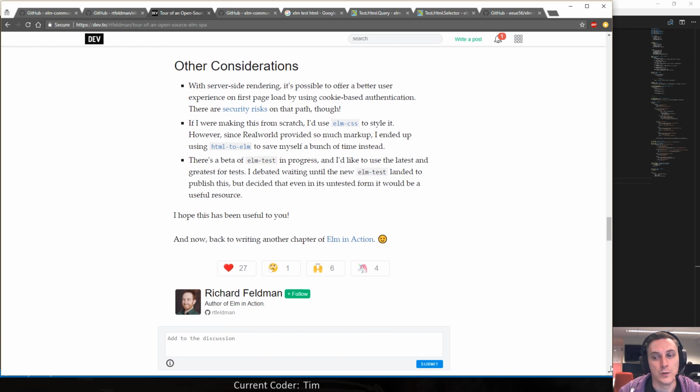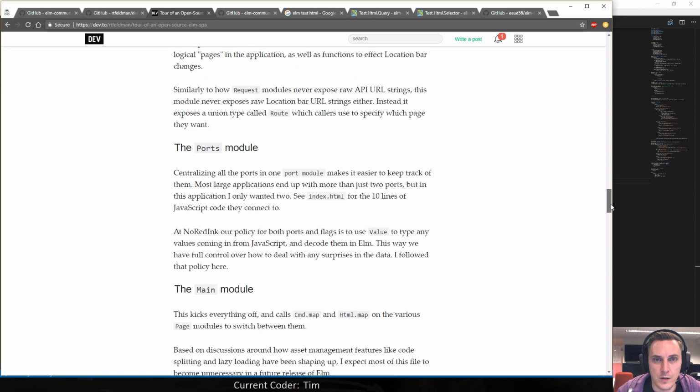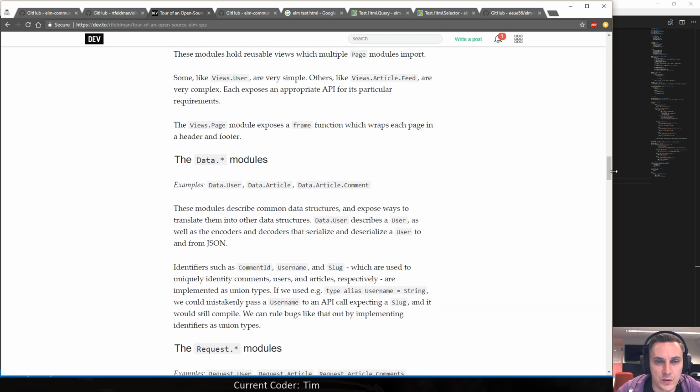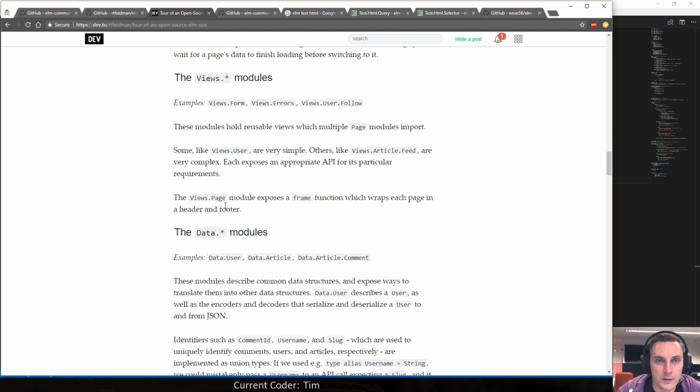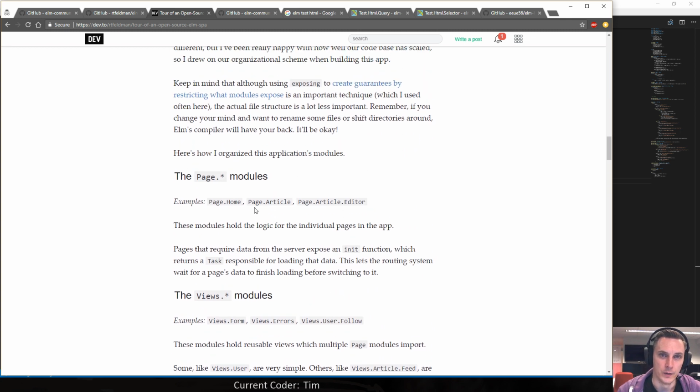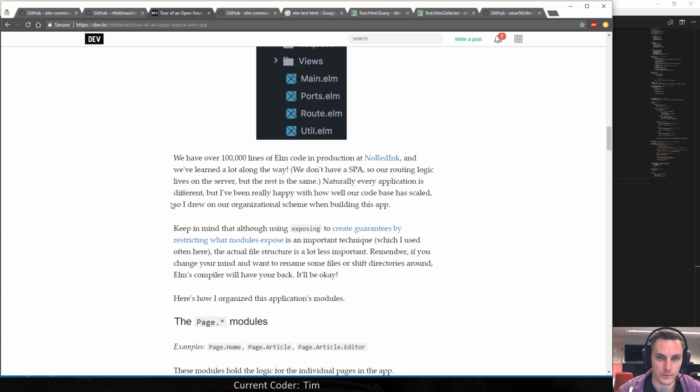So yeah, read this. And then what I want to do is basically turn our Elm pet application structure into this one as well, before we move on to routing.